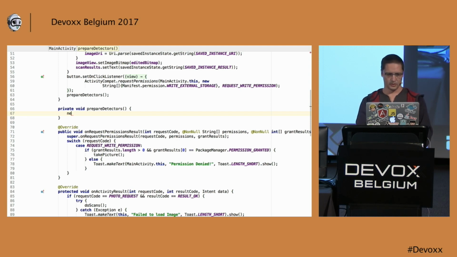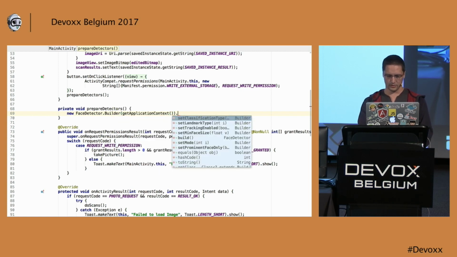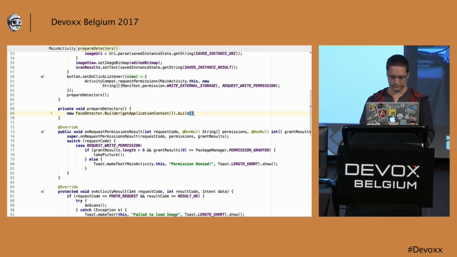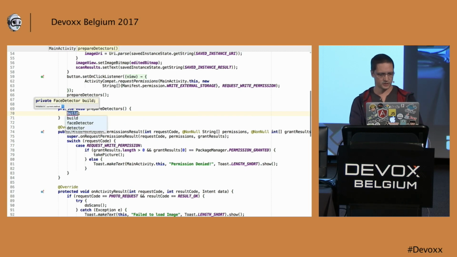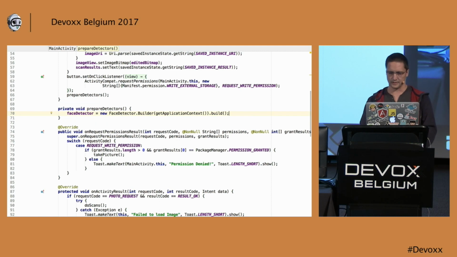So you need to create a face detector builder. And this face detector builder will need an application context like this, and you just call build. We'll create a field with this one like this.